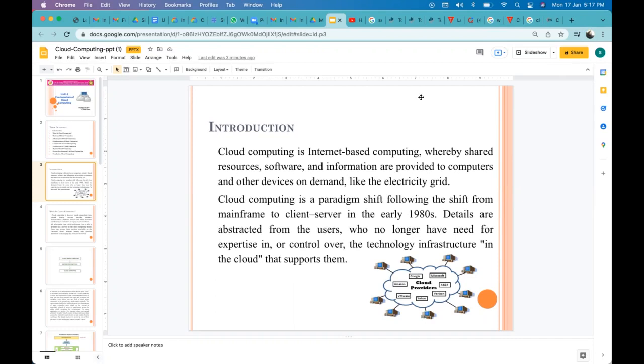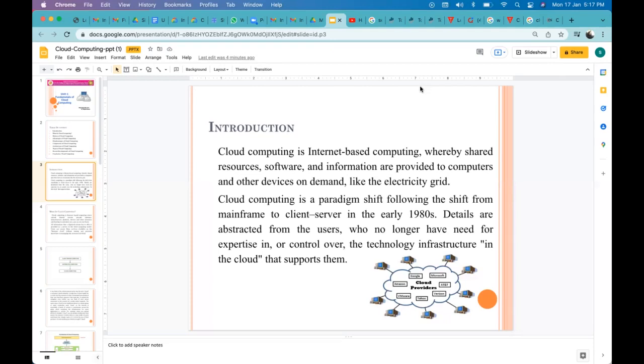Means what? We can use remote servers on the internet instead of our local server. We can use those remote servers for storing, managing, and accessing data online, instead of storing our data offline. That data can be files, images, any kind of data we can store on a cloud. So there are some different operations we can perform using cloud.